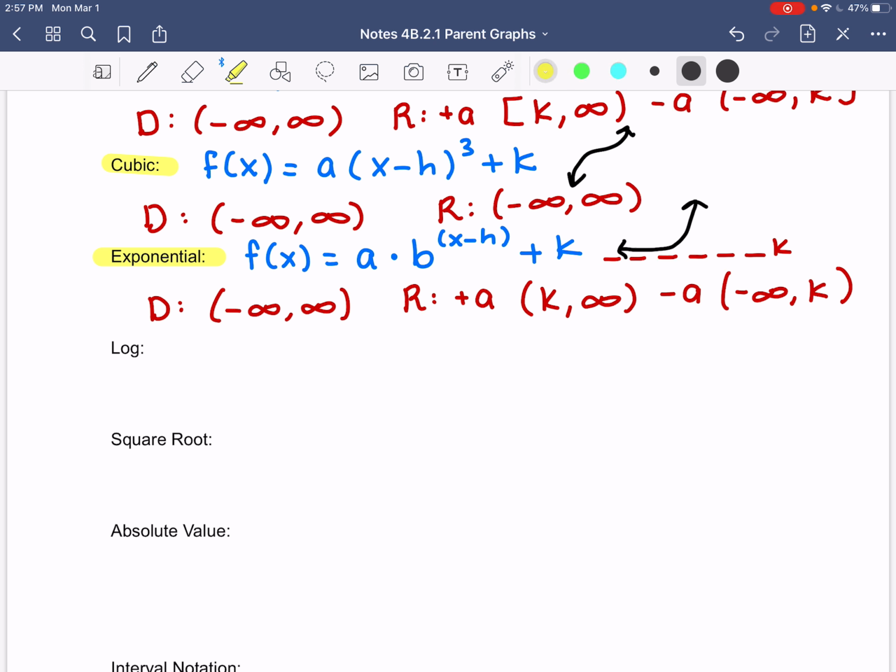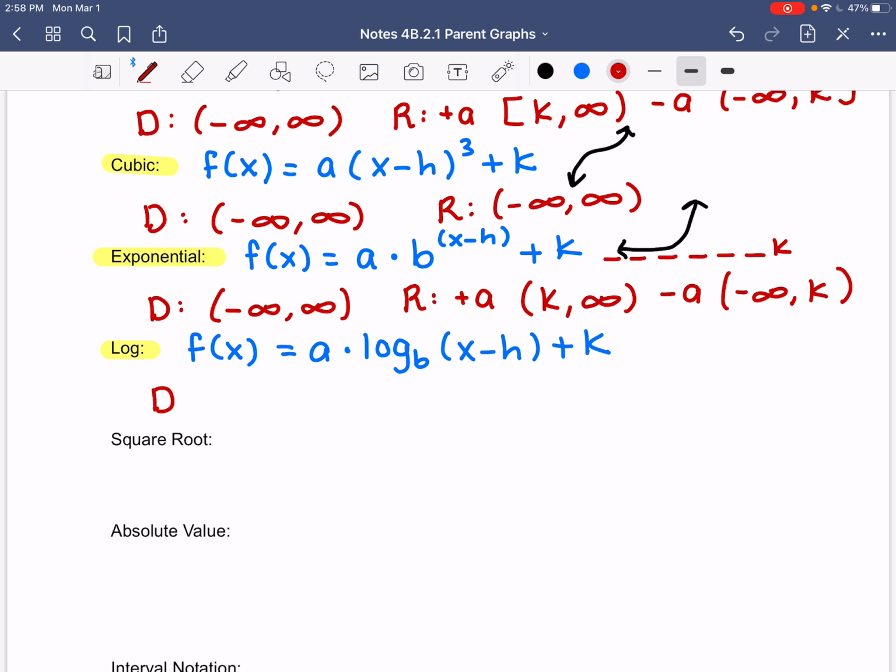All right, a log function. We've done log functions very recently. So it was f of x equals a times log base b, whatever the base might be, of x minus h, plus k. So we already talked about domain and range. There is a domain restriction. It's based off of your